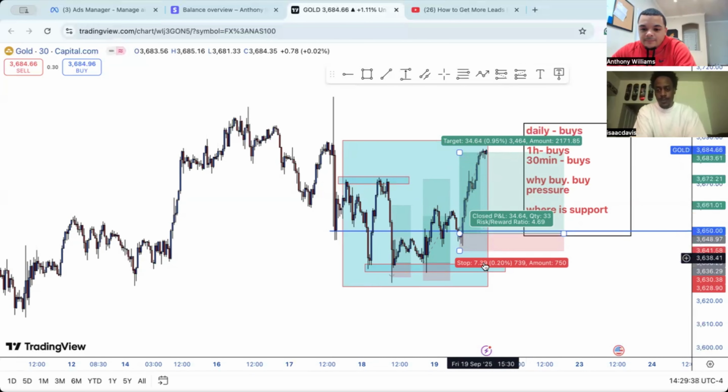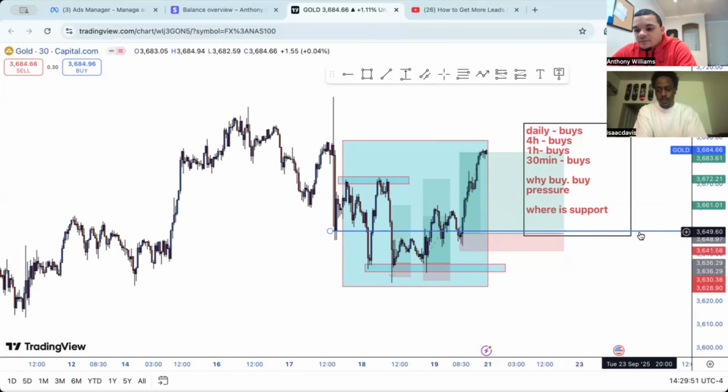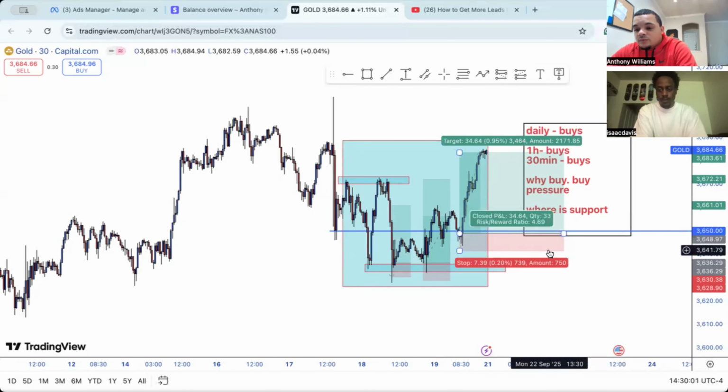The red is losing money. So when you're in drawdown, if it says seven, then you're losing five times seven. The goal is to not take big losses. This is why I use the whole numbers theory, because it lets me know that if I put a buy in at 3,650 and we're going down too much, think of it as a bank account. If you go negative in your bank account, how low do you want to see it?